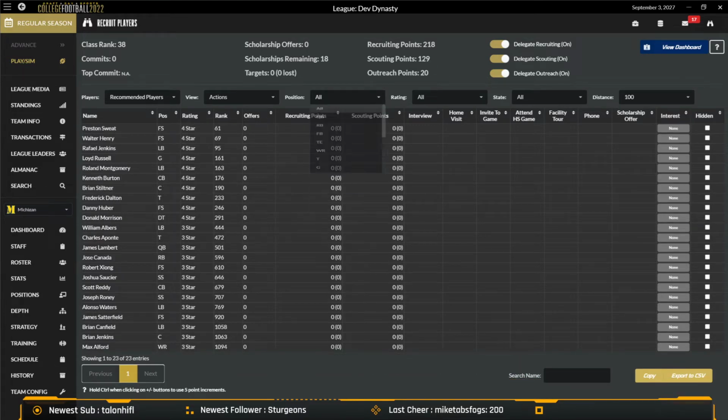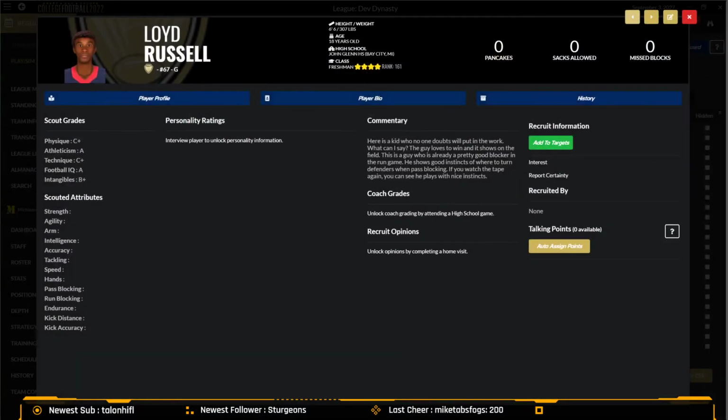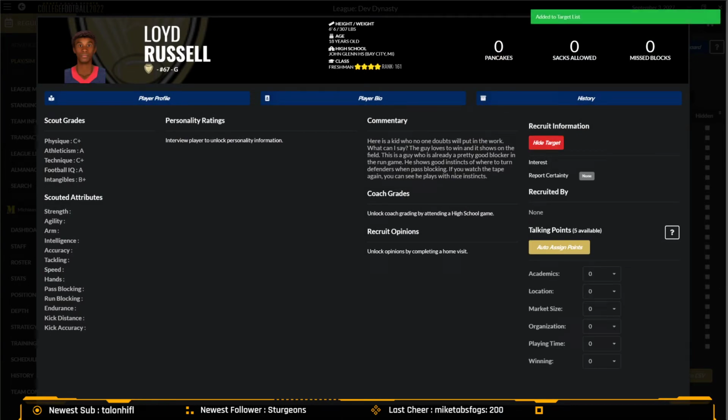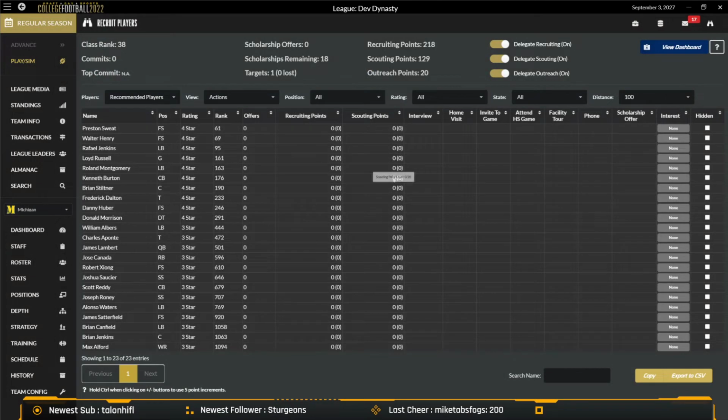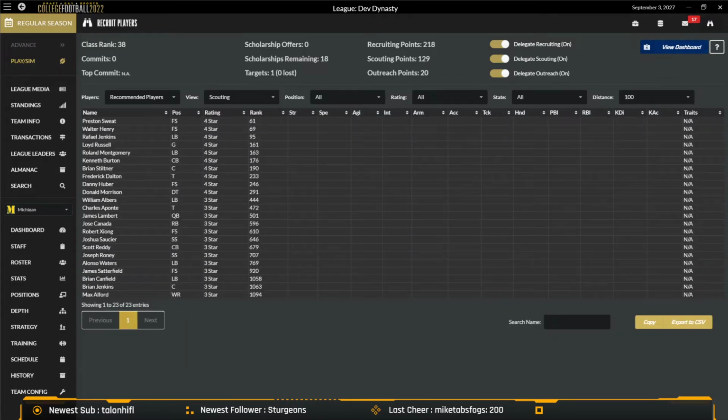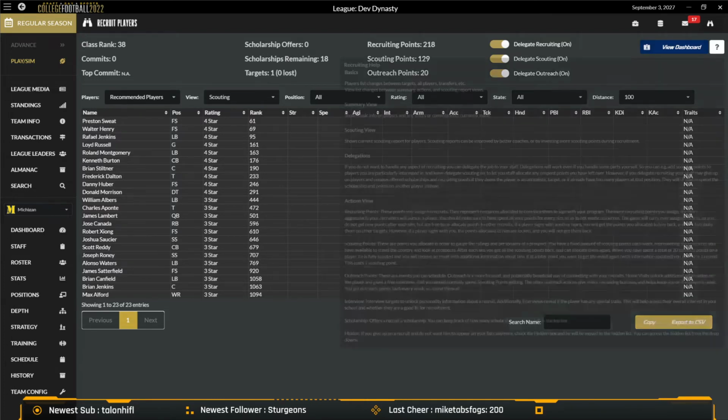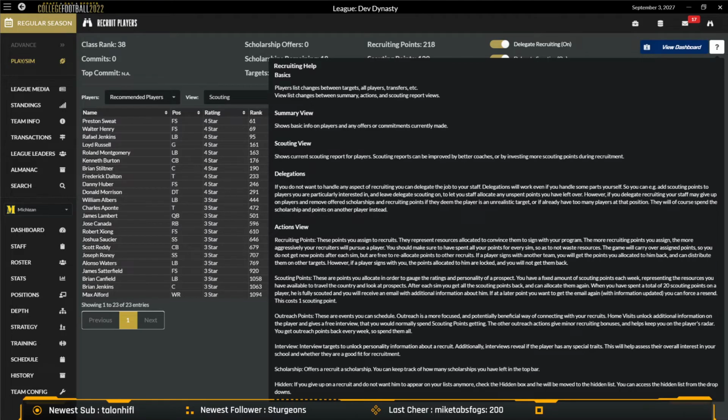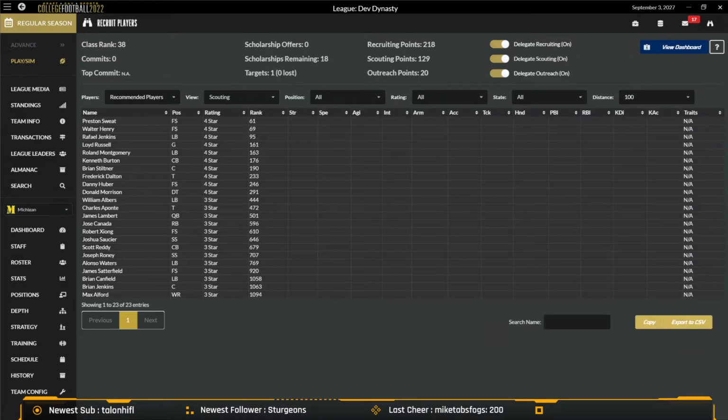Transfers have been a huge change over the last year or two in college football, and I know there are some passionate folks in our discussions and in our forums who really want to see what we can do with the transfer portal. I was hesitant with it because I don't fully know what's going to happen in real life, and I didn't want to spend a lot of time modeling how the game would work when real life is still figuring things out too. So we have increased the number of transfers within the game. We've at least doubled it, if not a little bit more than doubled it,